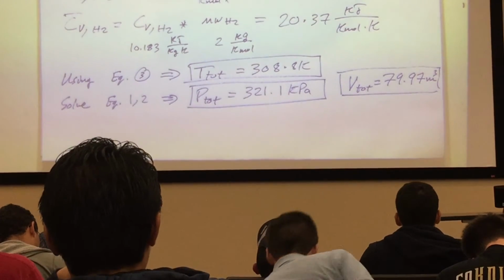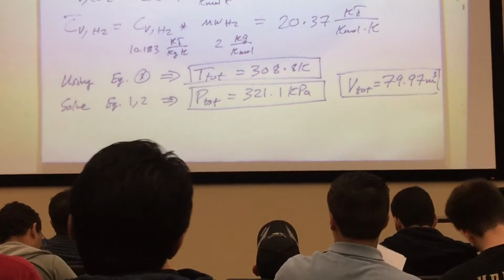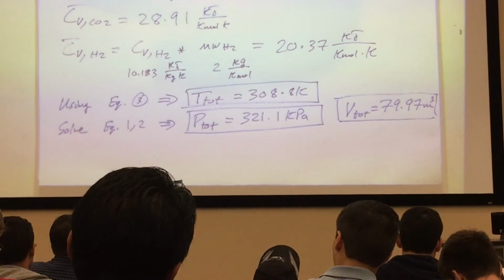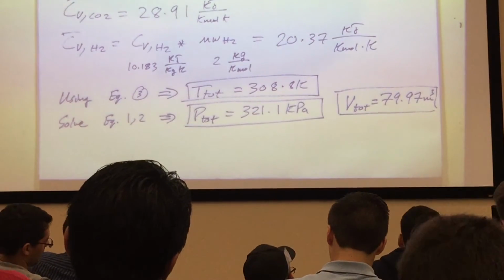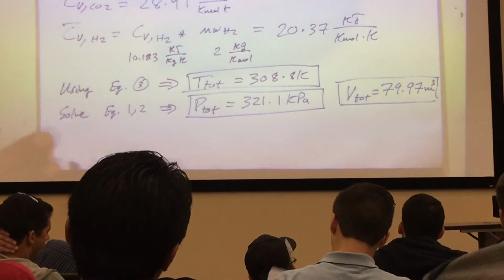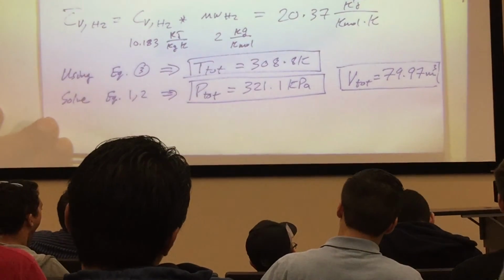So we got the final temperature, pressure, and volume. Now what we need is entropy generation, enthalpy, and so forth. The rate of change of entropy is primarily the generated entropy. And that's simply S gen is equal to the rate of change of that. Now we're going to stop right here and continue it next class. We have that problem so that